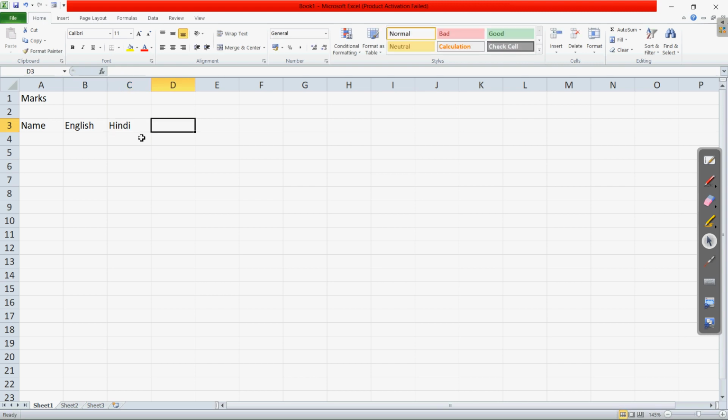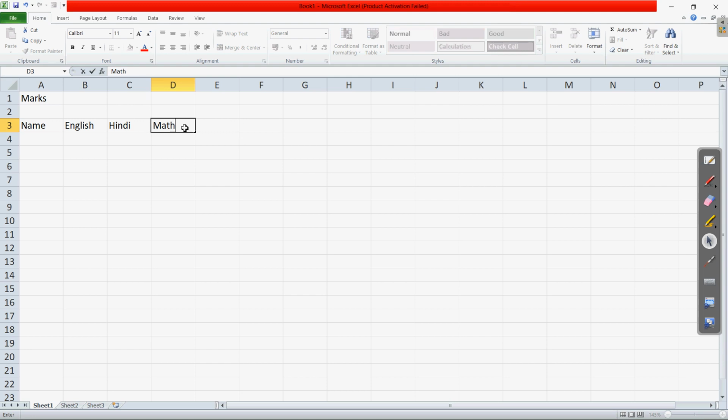Simply write that text in any cell where you want and then press the tab button to move in the same row, or if you have to move to the next row you can press the enter key, or you can also use your mouse pointer to click in any cell, clear.